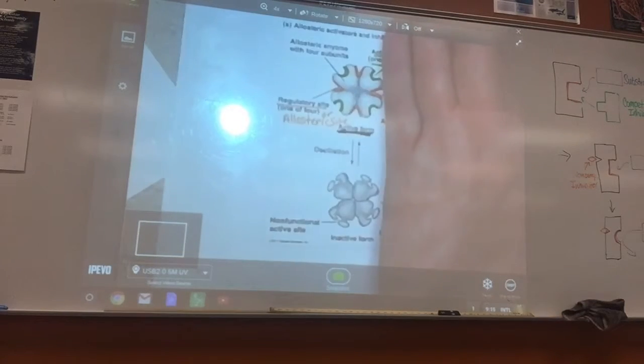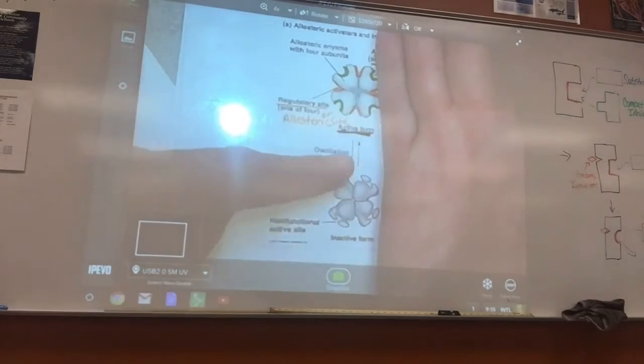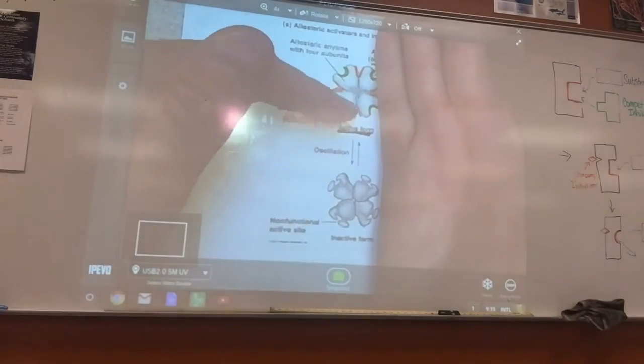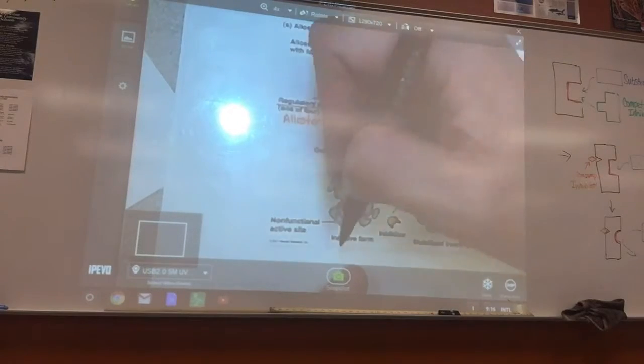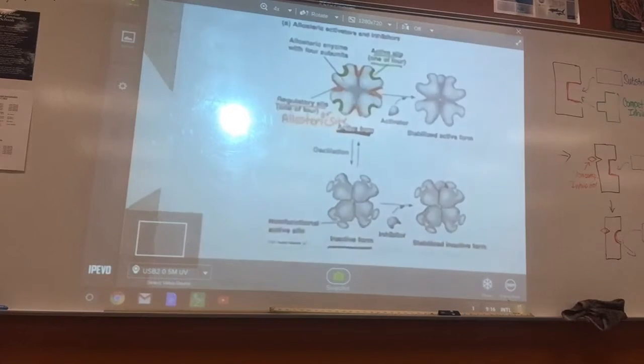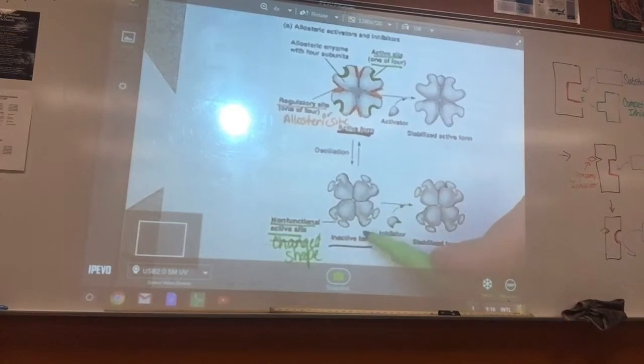Now, not looking at the right-hand side, if we just look at the bottom, it says oscillation, and you notice that there are arrows that go back and forth here. So this enzyme can oscillate, or be changed, between the active form and the inactive form. So here's your inactive form. If you notice here, in the inactive form, what has happened to the active sites? Yeah, it says non-functional. Why are they non-functional? They've changed shape, right? So these have changed shape, and therefore the substrate cannot bind to it,